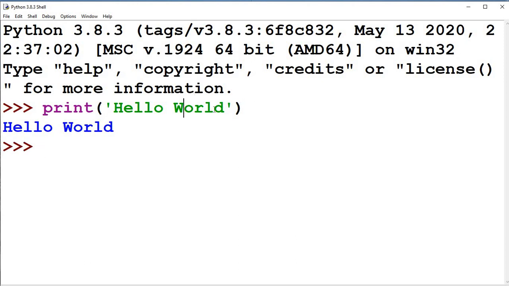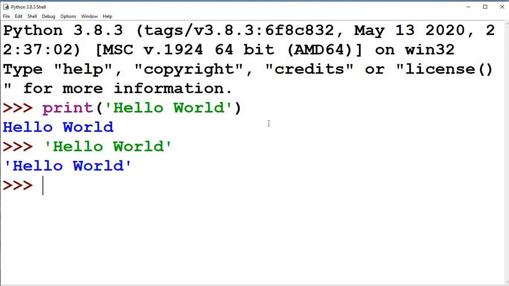But on this interpreter, even if you type this and don't write print, it will also work, because on the interpreter you do not have to write print. But if you write something alphabetic and forget the inverted commas, you see the color is changed.